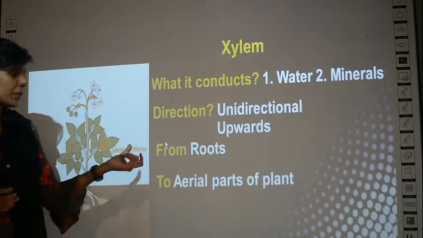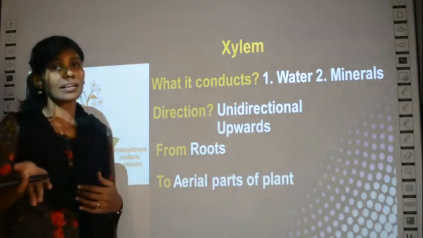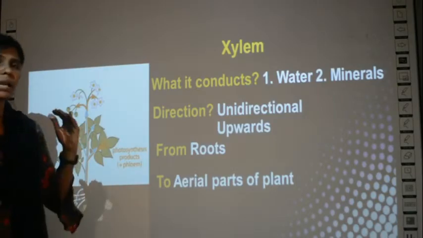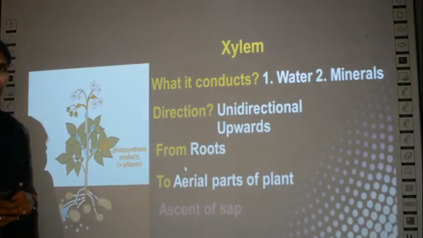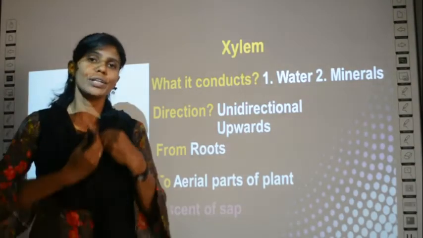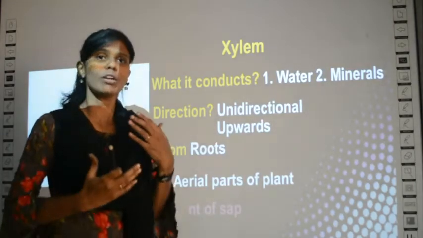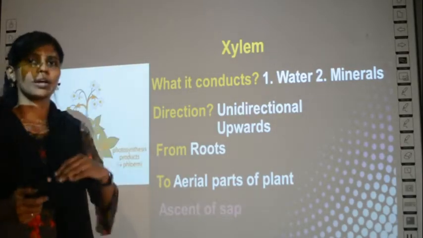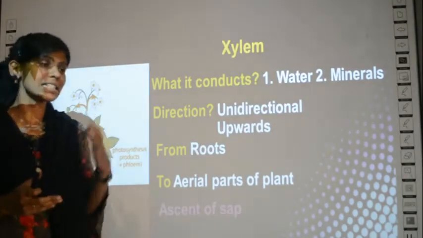It can carry water. So from where is water actually taken? It starts from the roots, and it is given to all the parts of the plant. All aerial parts, meaning the parts which are above the soil. Now when minerals are carried along with the water and given to all parts of the plant, this is called ascent of sap, or water movement along with minerals is called ascent. Ascent means ascending order, increasing order, no? So from the ground level it is flowing in the upward direction, and this is called ascent